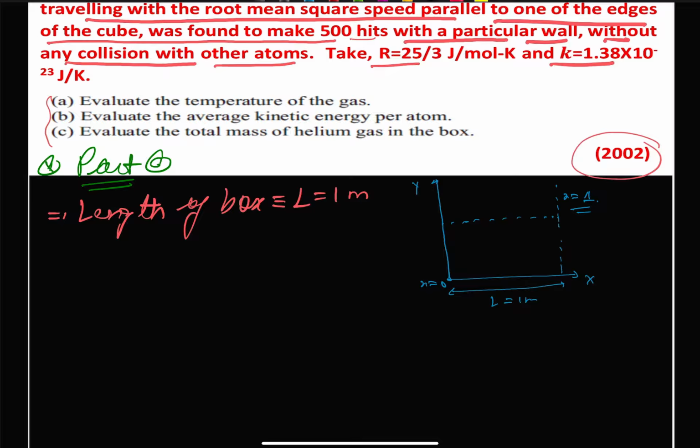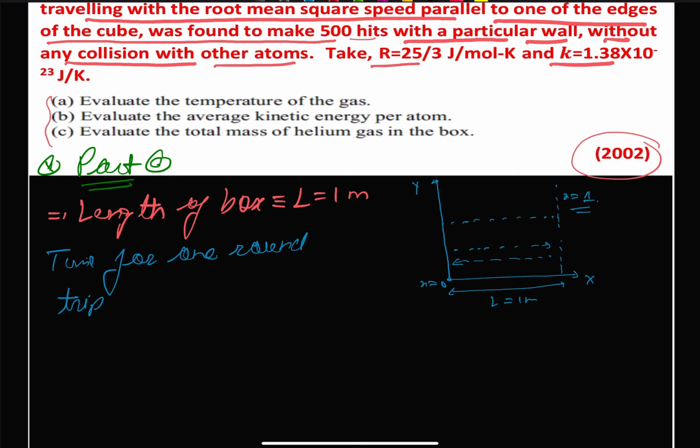Therefore the total distance it will cover in one round trip is twice L. It is going to travel to the right side first, hit the wall, and then come back, so the total distance will be 2L. Therefore we can write the time for one round trip,